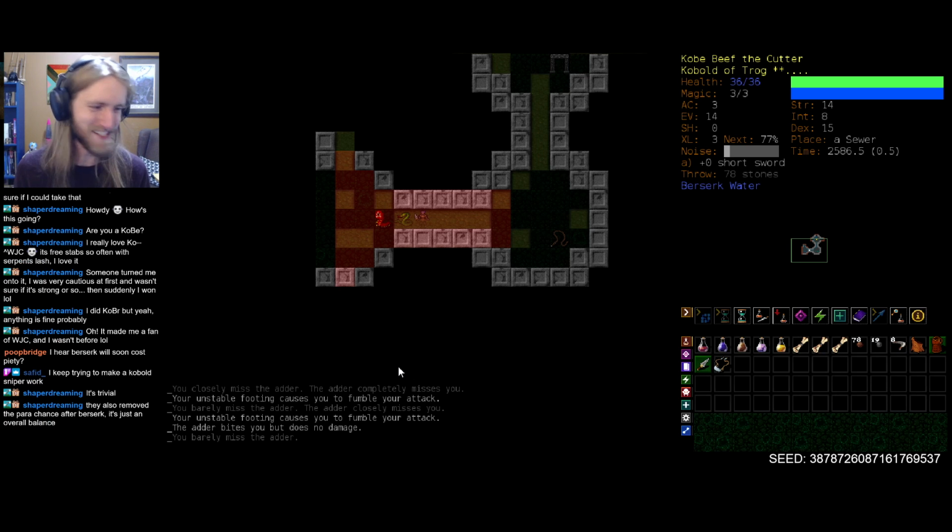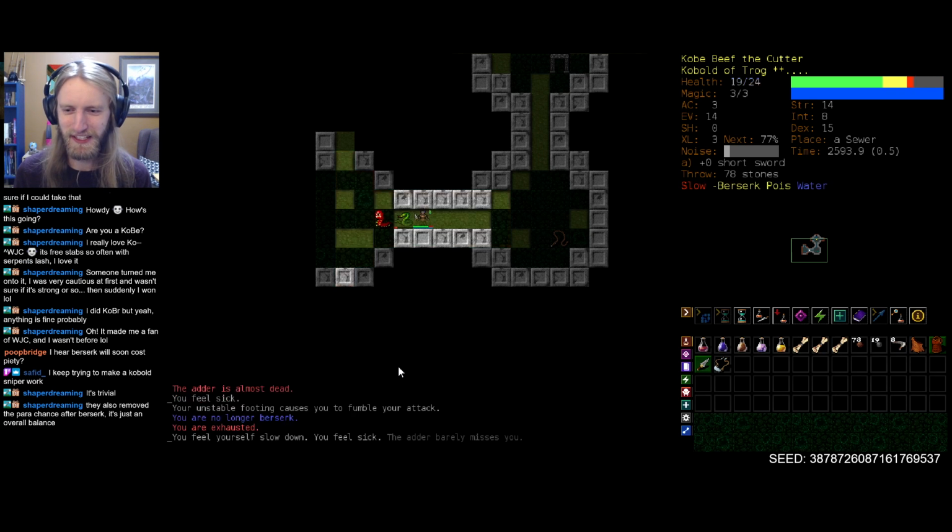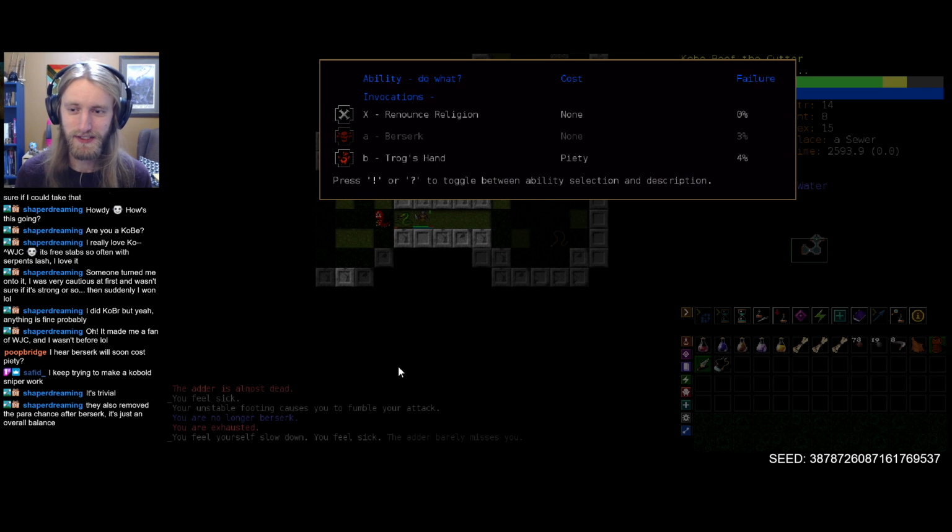Keep trying to make a Kobold Sniper work, Safid. Right? It's fun with crossbows, and I know like once in the past,